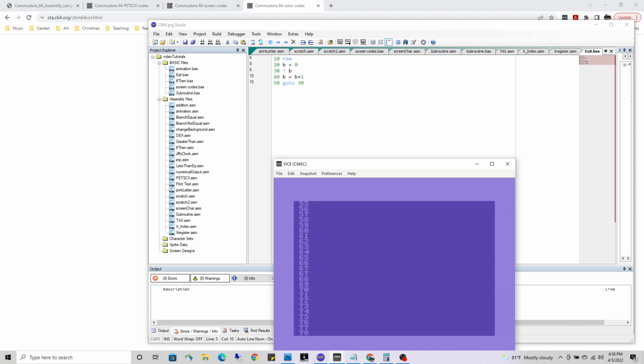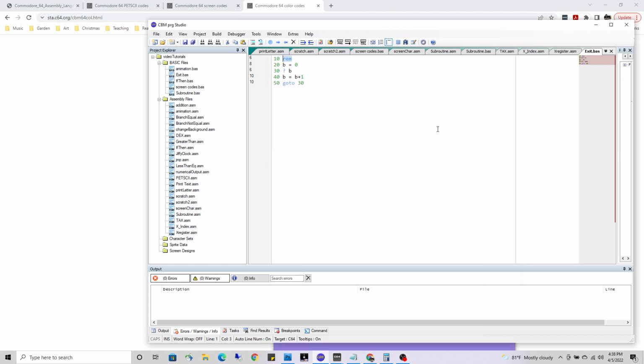On your normal Commodore computer, there is a run stop key. You can hit it and it'll stop, and then you hit it again, it'll resume. And if you want to restore the default, you can hold the run stop key and hit the restore key, I believe. Don't quote me on that. I'm not using an actual hardware C64 here. So now